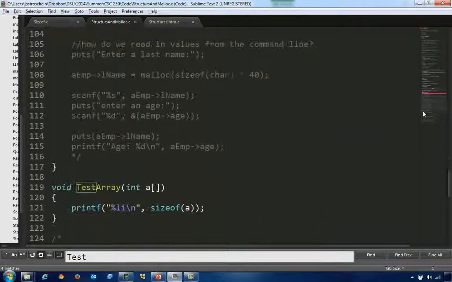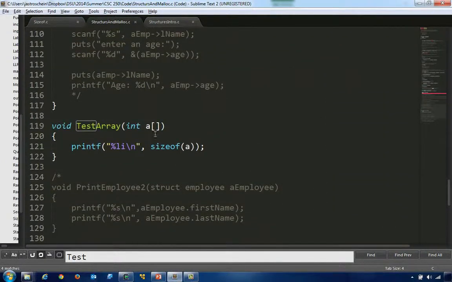If we scroll all the way down, what you're going to see inside the function is all it does is print off the size of a. What is a? Well, a is our argument, the variable name of our argument. So what it prints off then,